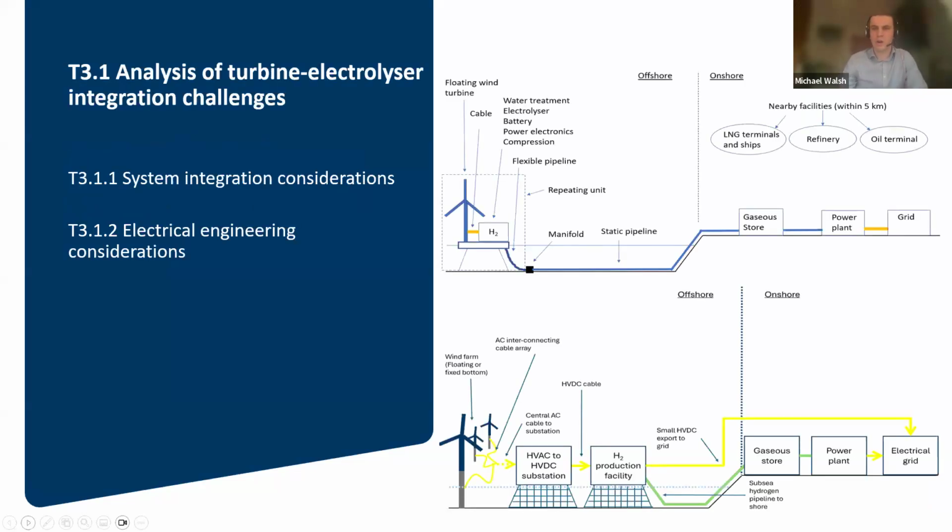So task 1 as part of the work package is looking at this top level down system layouts and the various different configurations and what technical barriers might occur in each of the different scenarios. So the top image there is looking at the direct integration of a hydrogen production facility with a wind turbine. So this is looking at smaller scale electrolyzer or hydrogen production and the sort of electrical management that would need to be in place in order to manage a varying output wind turbine with an electrolyzer that